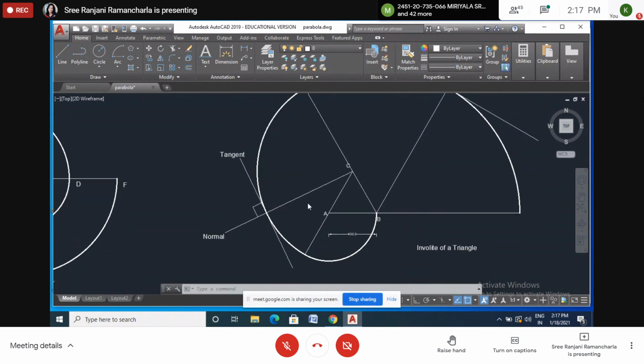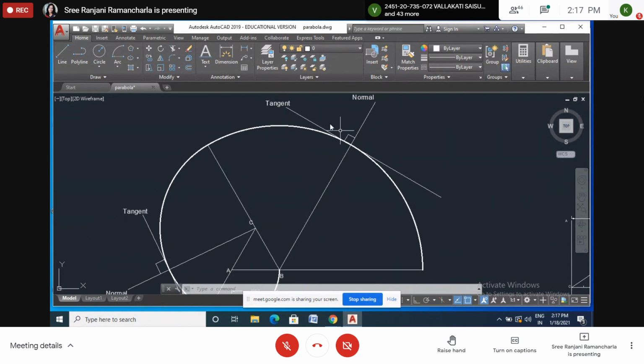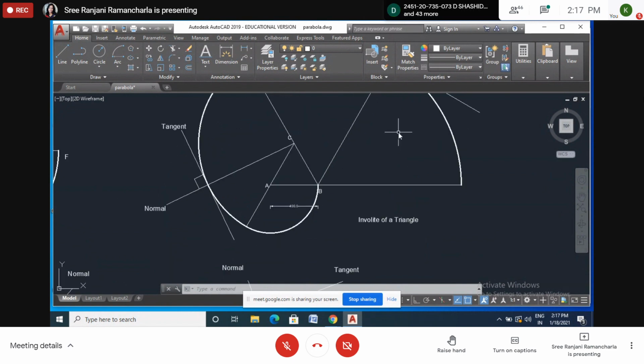Similarly, I have shown here. For this curve, this is the center. From the center, take any point here, draw this line, and this will be the normal, and perpendicular to that one is the tangent. Similarly, I drew here also. Somewhere here I took a point P, joined P to B and extended it. So this will become the normal, and perpendicular to that one is the tangent. In this way, you have to show the normal and tangent. Of course, they will ask in the viva how to draw the normal and tangent in an involute.